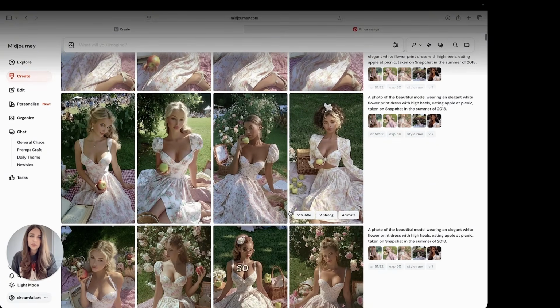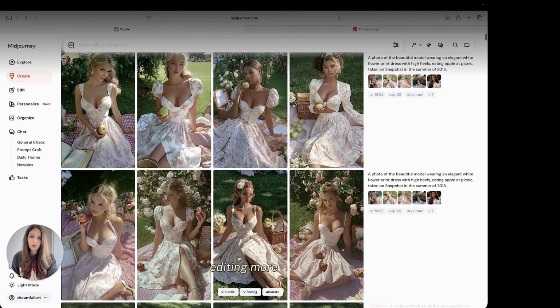So let's talk about editing more. What actually we can edit and what we can't. So when you see that she, or he, any other person on your Midjourney images, has a natural pose, it is unlikely that we can unfortunately do something with it, because no matter how much I try to regenerate it, like partly or editing, when you're first